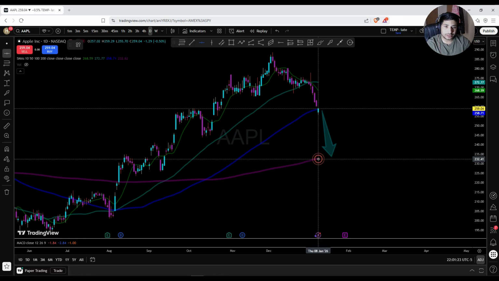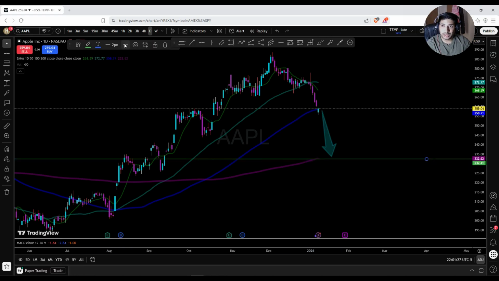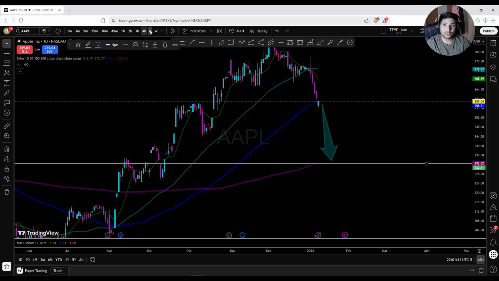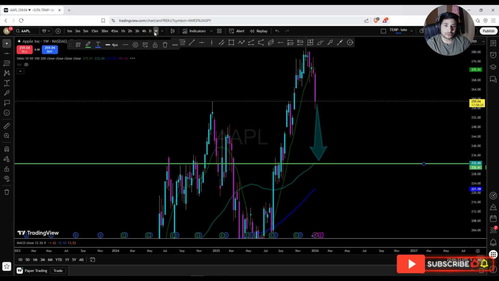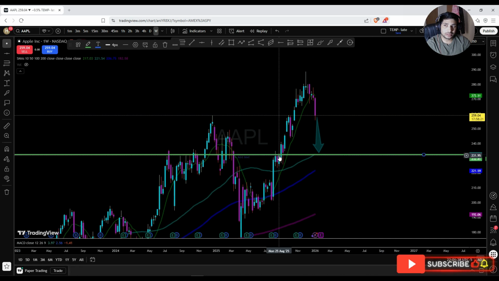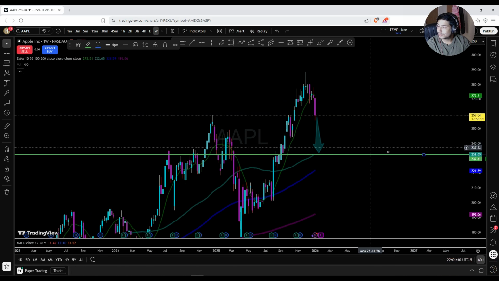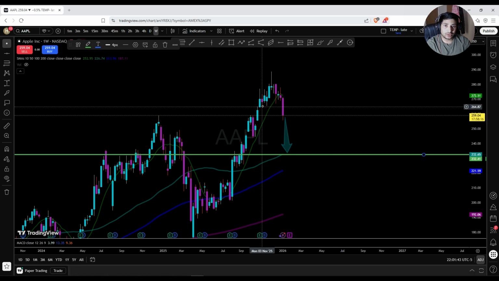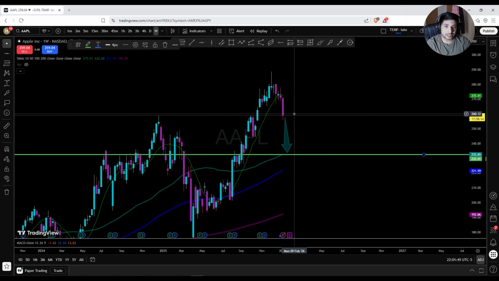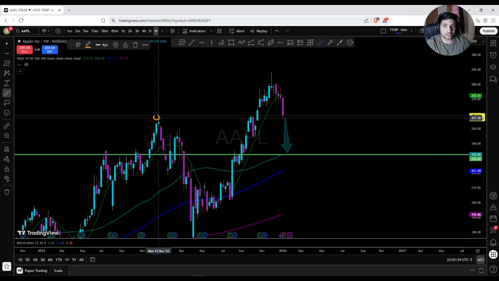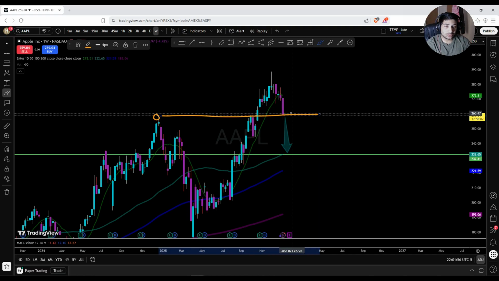Let's just mark that one here, which is the 200 moving average. And if we just mark that one with a thicker line here, and go to the weekly chart, you can see the same line over there, but that is the 50-day moving average in the weekly. So there is a huge chance, if it falls down from this support point, or the previous resistance point from December 2024, it's going to get support from this level and then go upward.